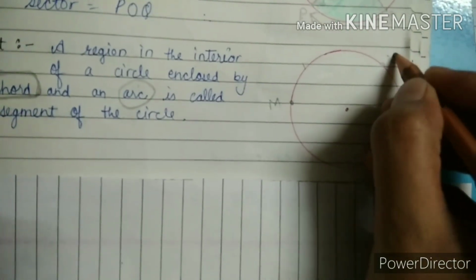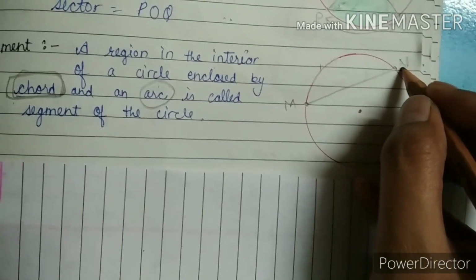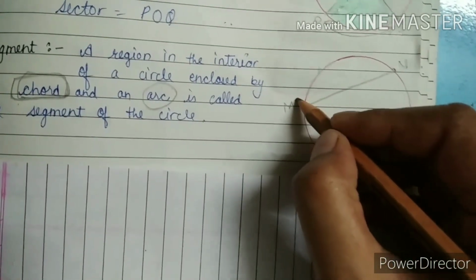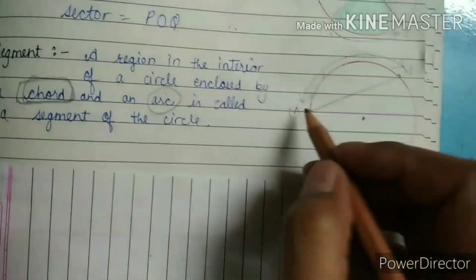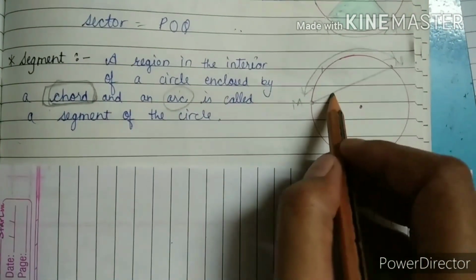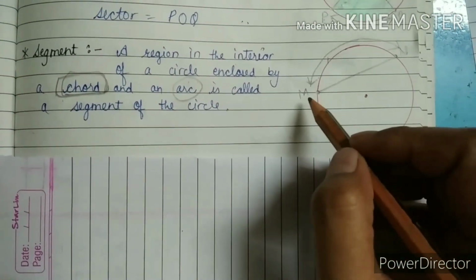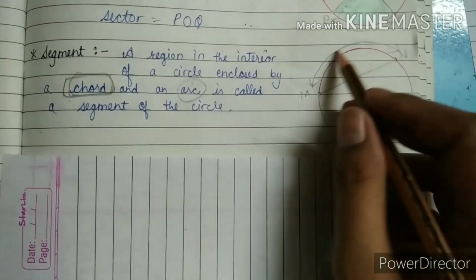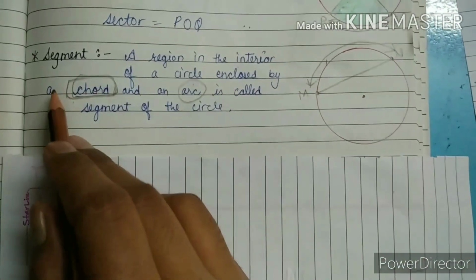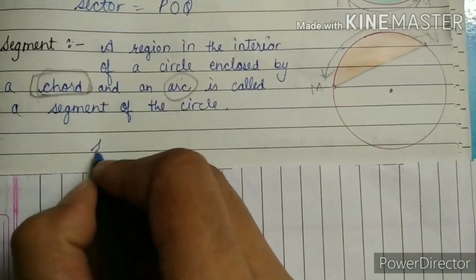This is N. So when we draw a chord that connects M to N, automatically we can get an arc. Have you seen the arc? So the chord is also there, the arc is also there. At this time we can call it the M to N portion. The M to N part of the circle is considered a segment of the circle. So it will be written as a segment